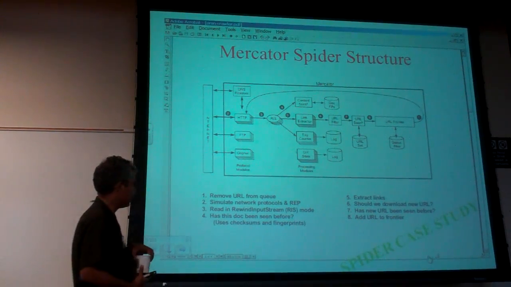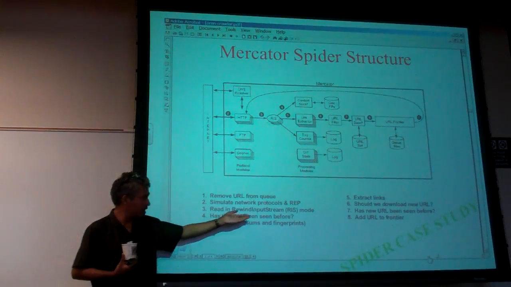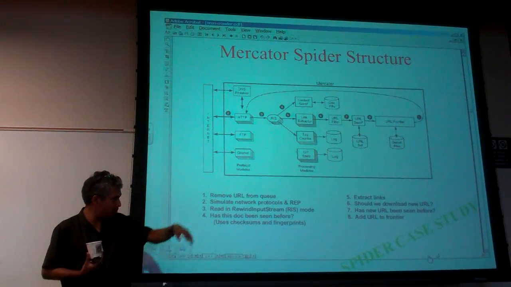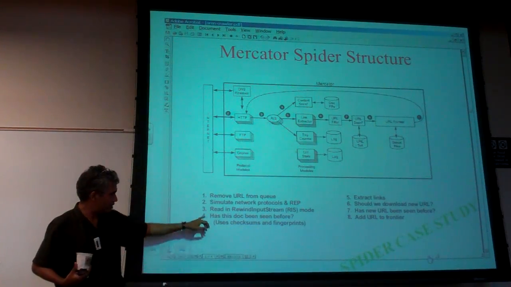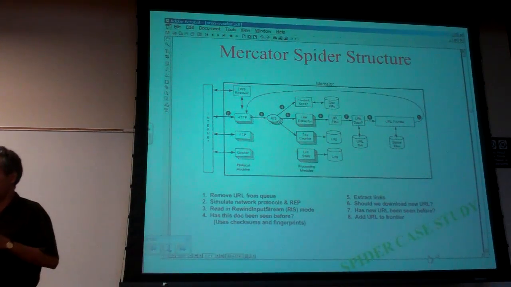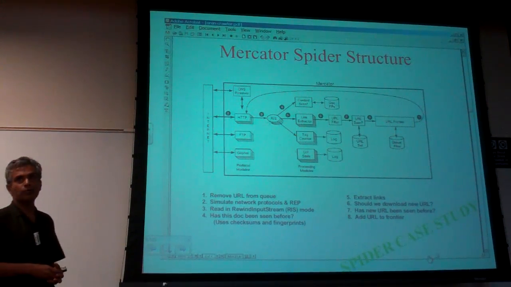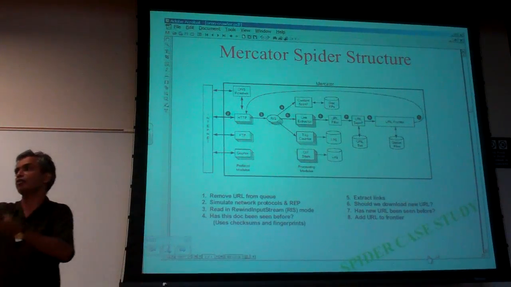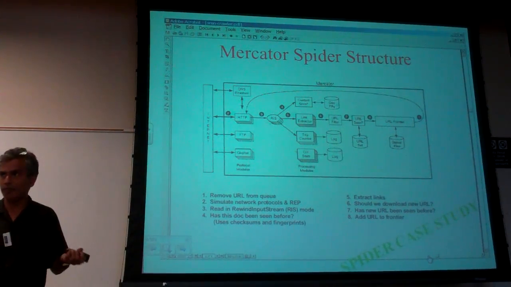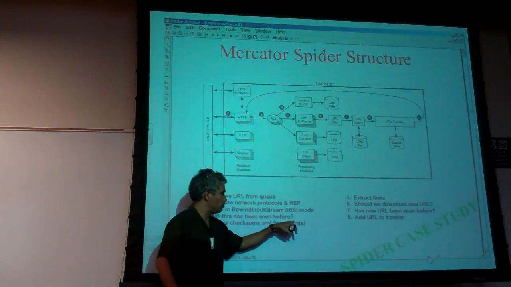So you do the protocols for the network, and then you get to the page and bring the content of the page. The next question is, have you seen this document before? Why is this important? If you have seen this document before, there is no point in putting all the URLs from this document back onto the queue, because that would be duplicate URLs. Now the question, of course, is how do you find that?